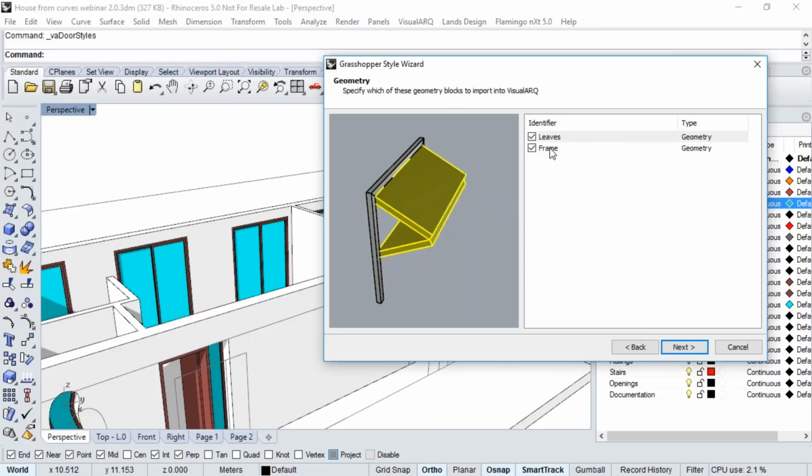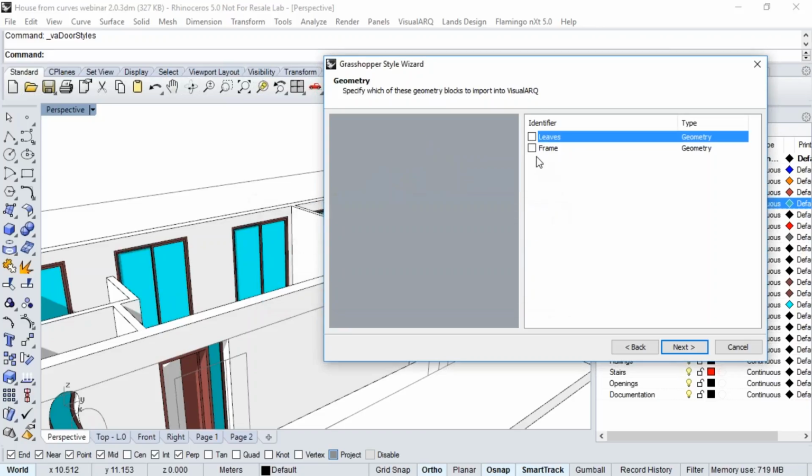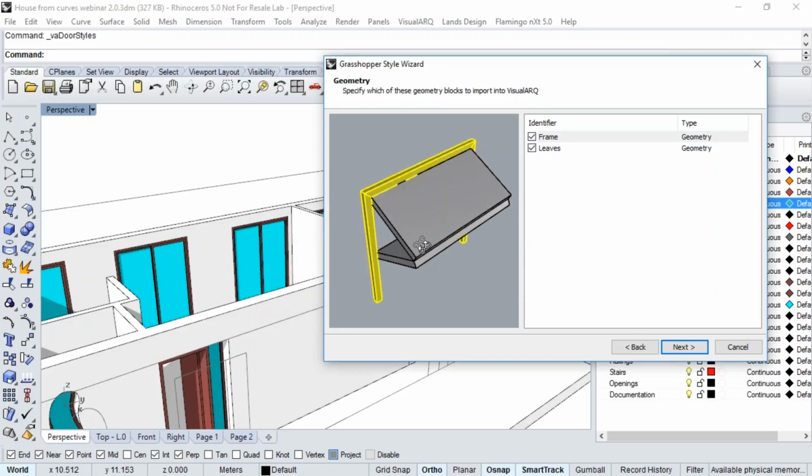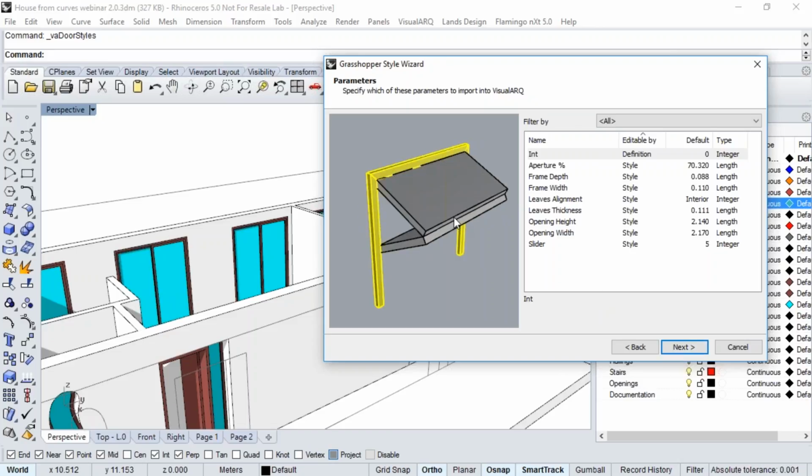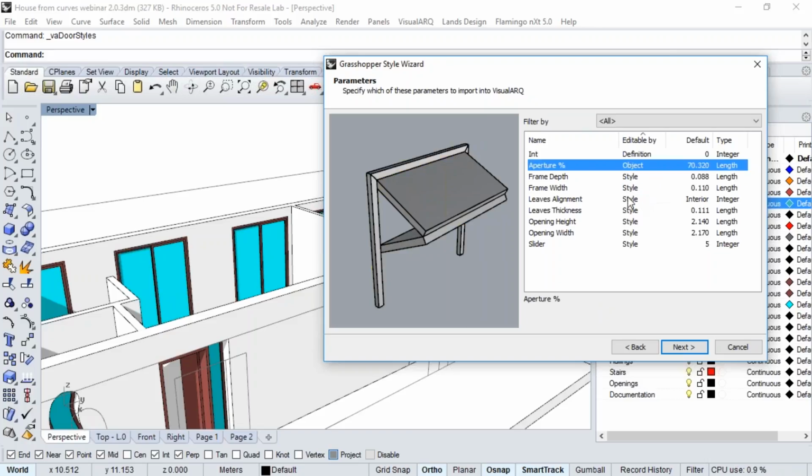And here are the two geometries that the definition generates. We can define which ones we want to import. Okay, so we will just import two of them. And here is the list of parameters that define the shape of this door, and we can define for each one whether it is editable by style or by object, or just hide it from the VisualARQ dialogs. For example, aperture, we'll leave it editable by object, as well as the opening height or the opening width. Okay, and in some other cases, for example this slider, I will just hide it and it will be editable by definition. So click next,